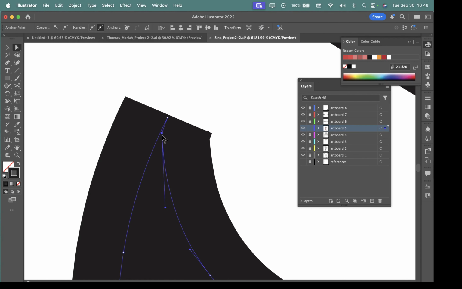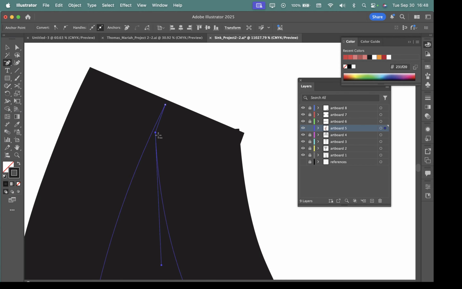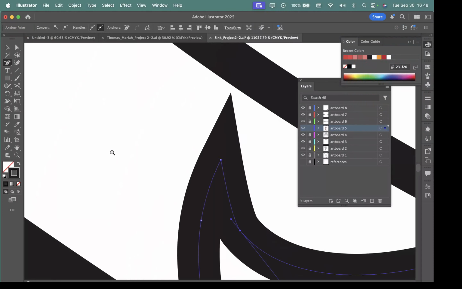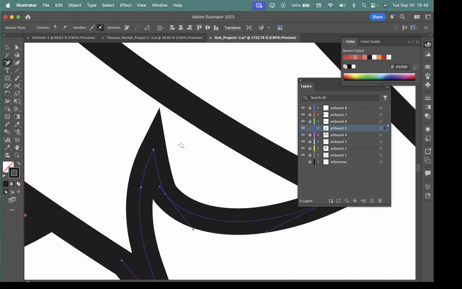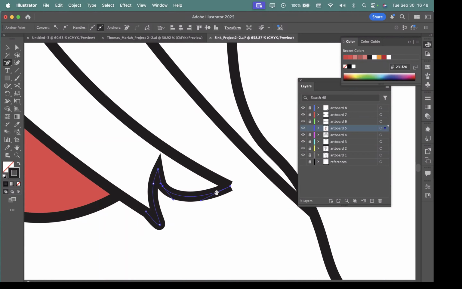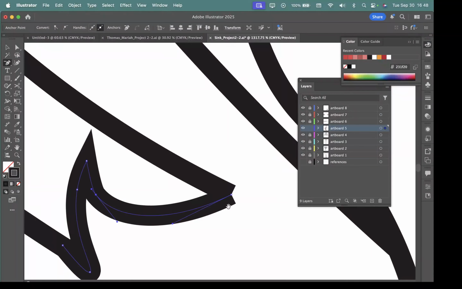So in this case, what I would do is I would just delete that anchor point because it's an extra thing and it's causing some problems here. So you just, and it does change the shape of our path. We get this really pointed area. Well, we'll fix that in a little bit. I mean, what we could do is we could drag these anchor points and try to make that a little nicer. But the key here is to